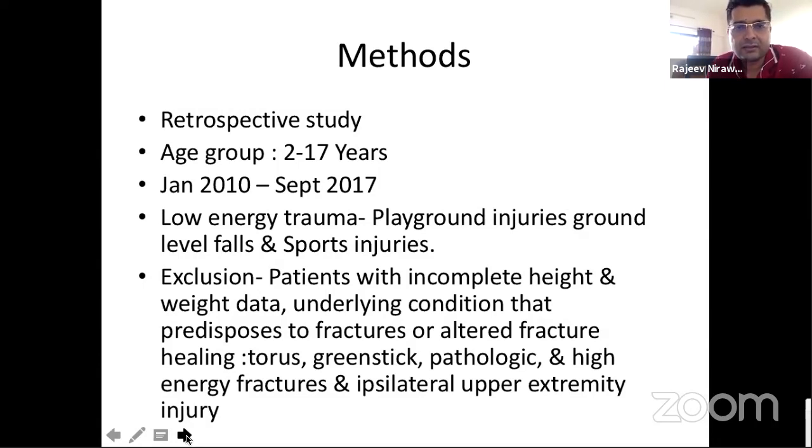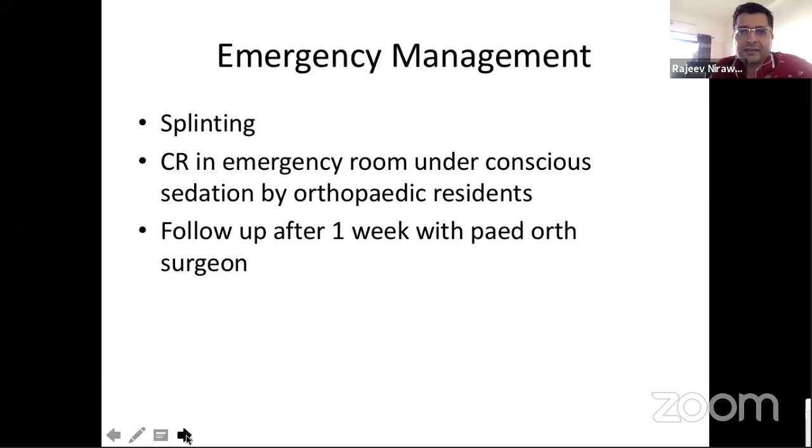Patients presenting from January 2010 to September 2017 were included, with low energy trauma such as playground injuries, ground level falls, and sports injuries. They excluded patients with incomplete height and weight data, underlying conditions that predispose to fractures or altered fracture healing, such as torus, greenstick, pathological and high energy fractures, and ipsilateral upper extremity injuries. All patients were managed in emergency with splinting. Closed reductions were done under conscious sedation by orthopedic residents, and then they were followed up after 1 week with